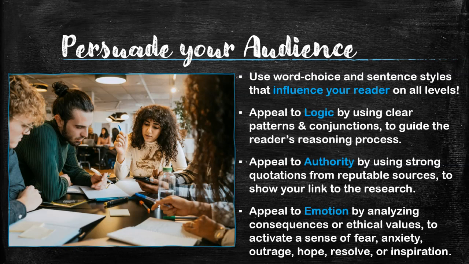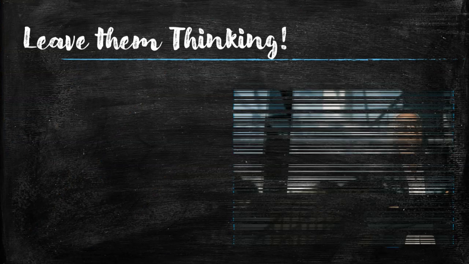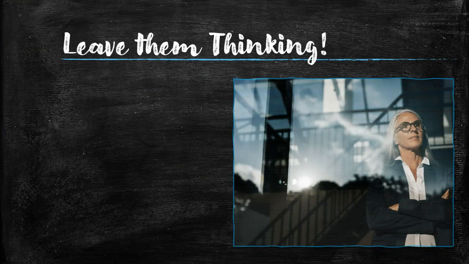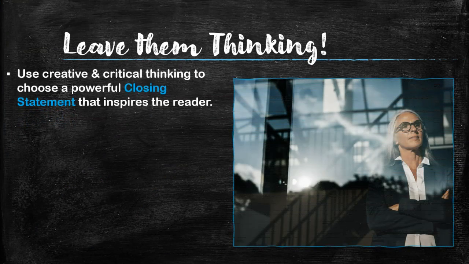This is also known as logos, ethos, and pathos, which is something that you'll cover when you move out of English 122 into your critical thinking courses. So after you have really taken charge of the mood and the tone of your argument, you're probably ready to start making those closers. Again, you're going to use creative and critical thinking to choose powerful closing statements that inspire